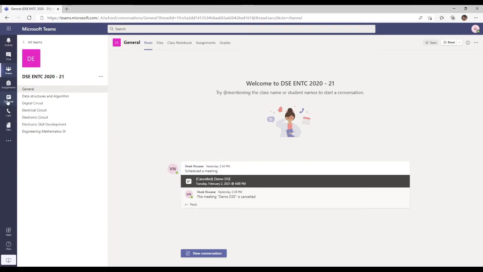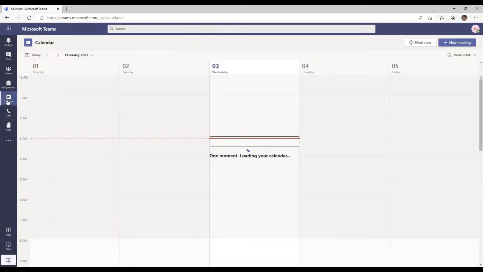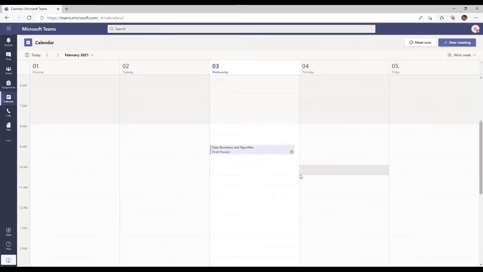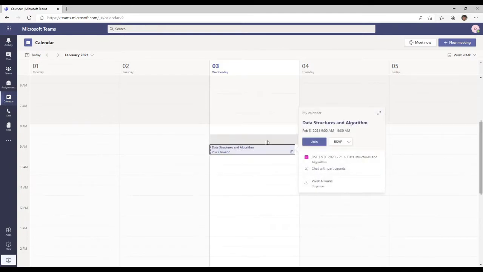So let us click on calendar and wait for a moment, your calendar will be loaded soon. And yes, we have something over here at 9 a.m. in the morning. So click on it, a new pop-up window opens and click on join.